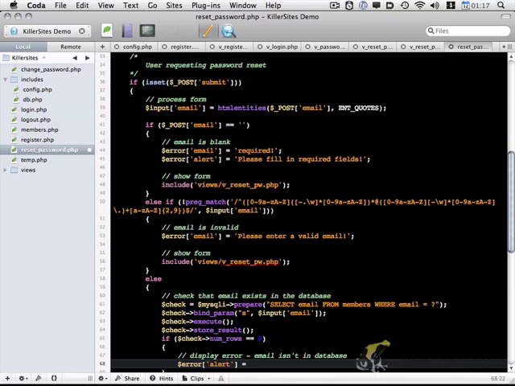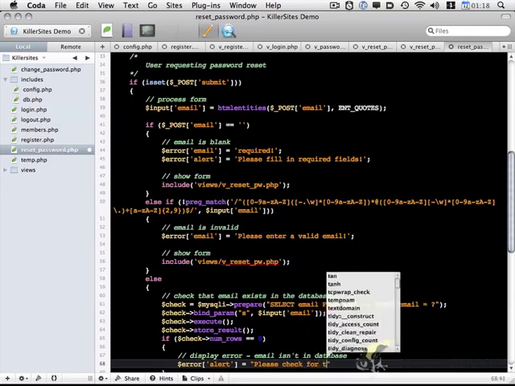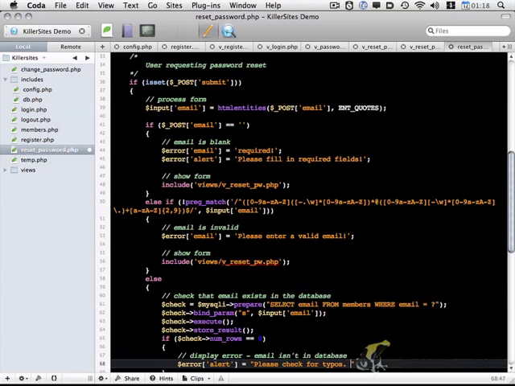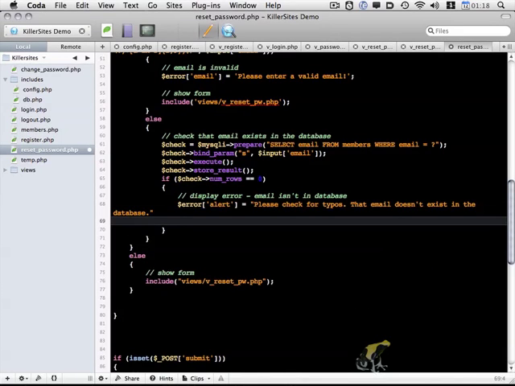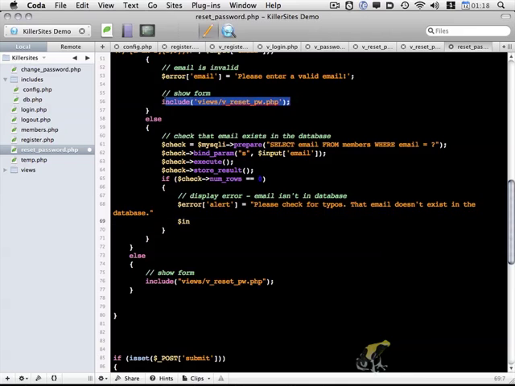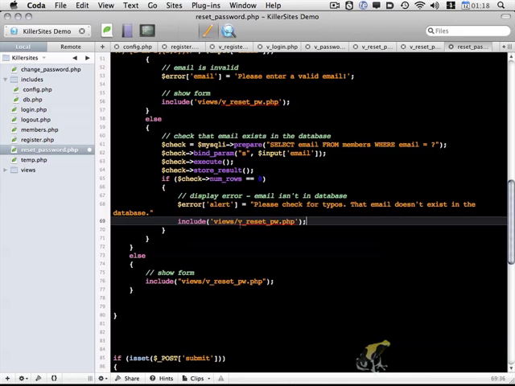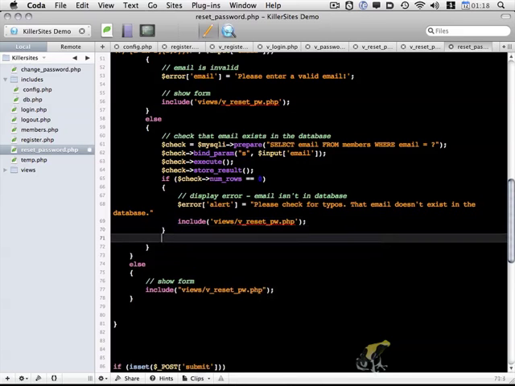And so I'm going to display a message to the user, asking them to please check for typos. And then I'm going to show the form again, like so. However, else,